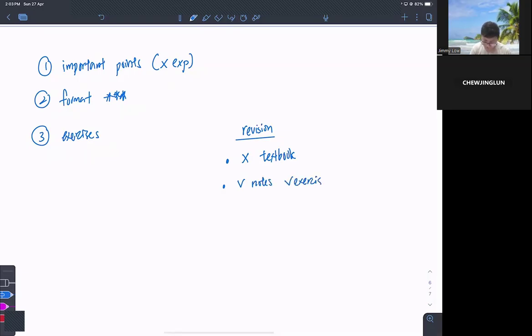But take note, I'm asking you to go through the exercises, not to write through them. Going through means you look at the questions and ask yourself whether you are able to answer them or not. If I can't answer the question, I look at the answer and do a comparison. I don't know how to do this question, so I read through the answer. Oh, I know already. Then I look at the next question. Oh, this question, I know the answer, so I proceed to the next one. You keep asking yourself whether you know the answers or not.